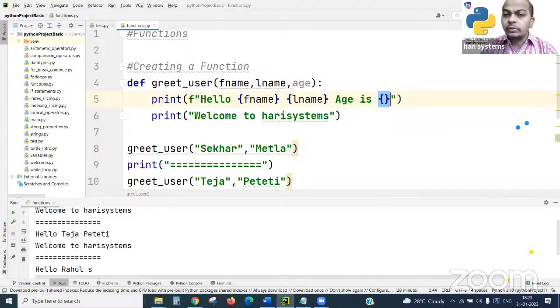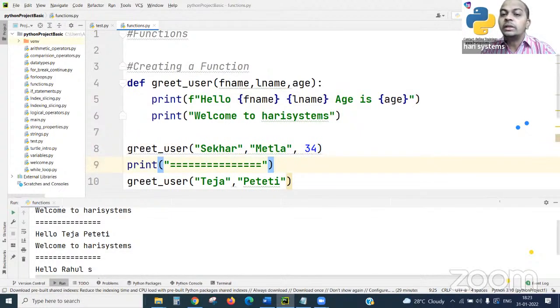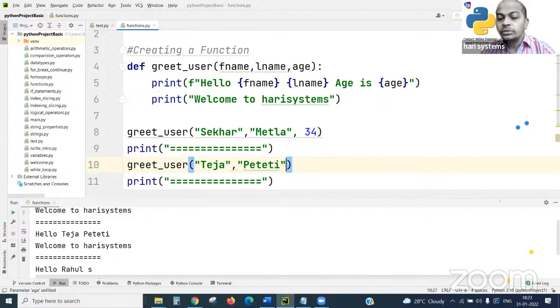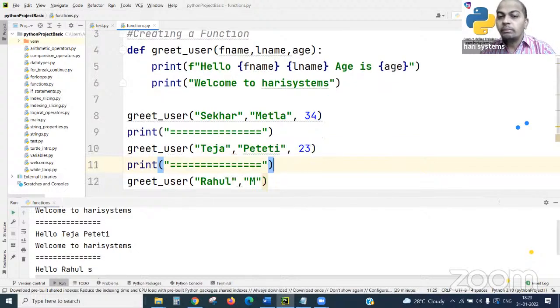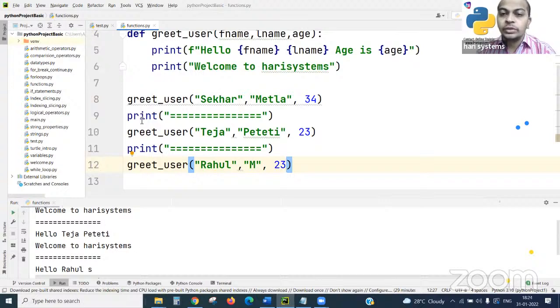You can append the age parameter. Now you have to send the integer number. Age is a number, so it does not require any double quotes. Simply put the number over there. I don't know exactly your age, so I'm putting a simple age only. I hope it's 20 plus.